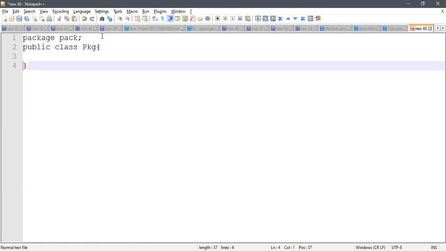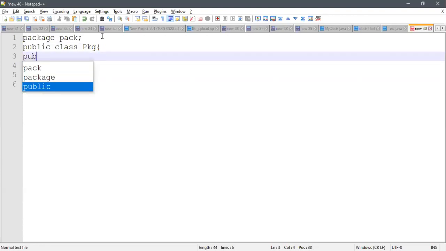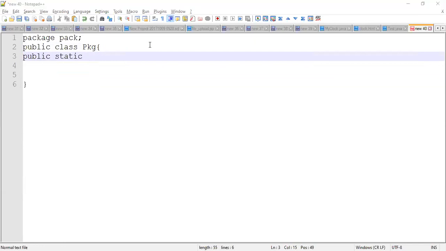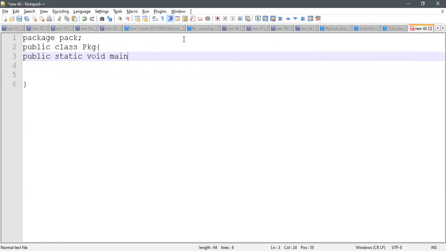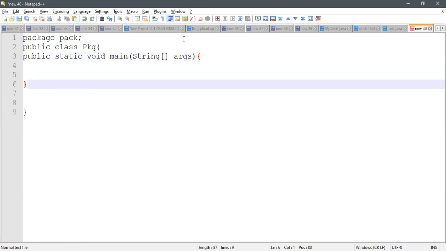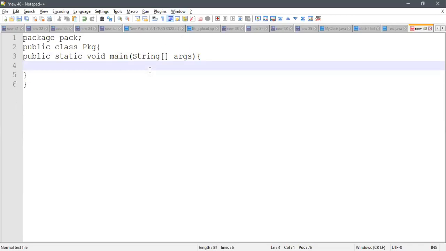So I just created a block. Inside the block, we need public static. If it's required, yeah, it's okay. void main, and there should be a capital S in String args, and then there should be a block. Okay. Inside this, I'm going to take a simple thing, we just need to create a package. That's it.